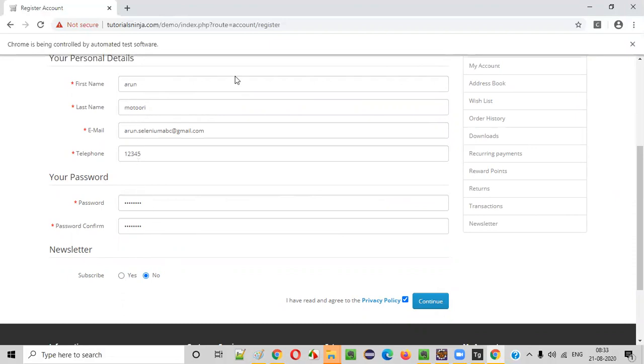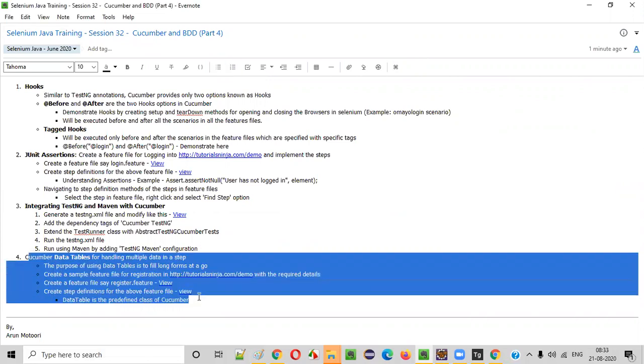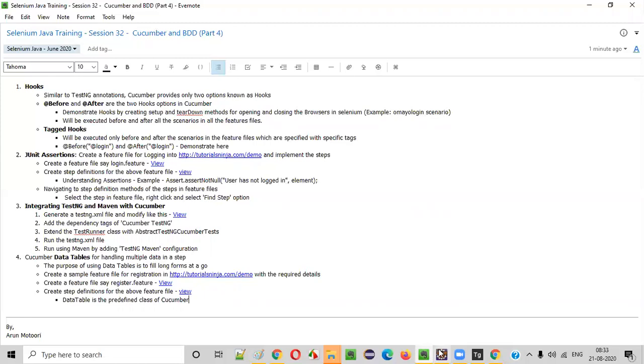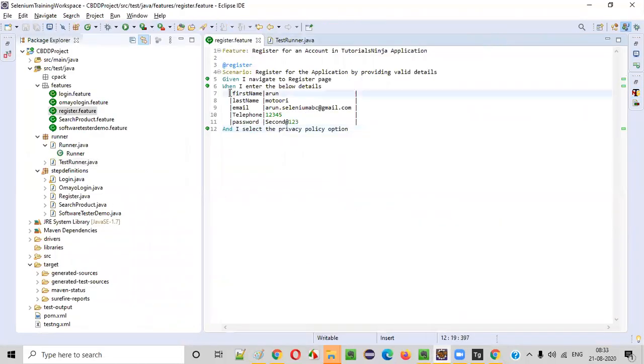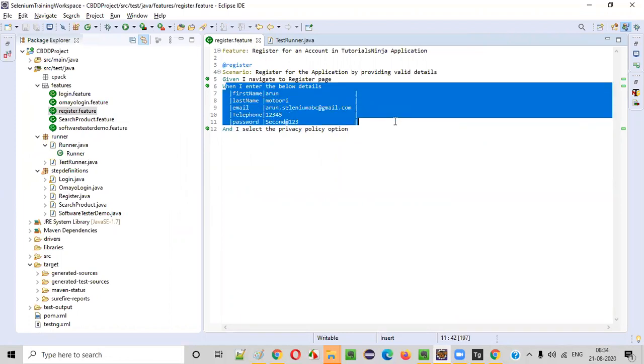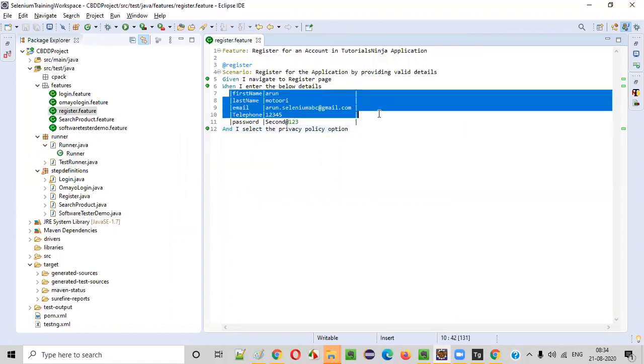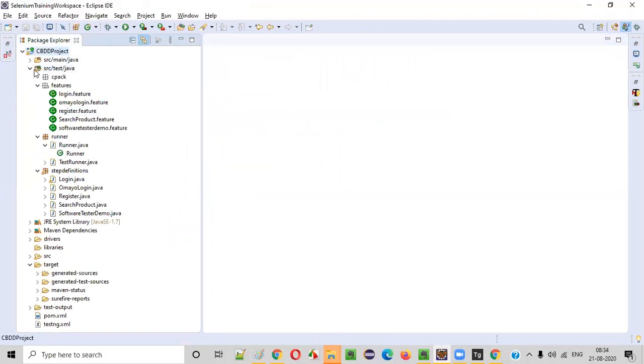Clear, guys? Is the data tables concept clear for you? How to enter multiple sets of lengthy data into a form using the data tables? Is it clear for you? Yes, great. Fine. So this is a very simple concept, guys, nothing more than that. Only that part you have to focus on, where you are actually trying to enter things into the form. Whenever you see a form, simply implement data tables. That's the only thing you have to remember. Nothing more than that. When you have to enter only username and password, then you don't have to implement data tables. When you have to enter many fields in a single form, then you go with the data tables. That's the only thing that you have to remember.